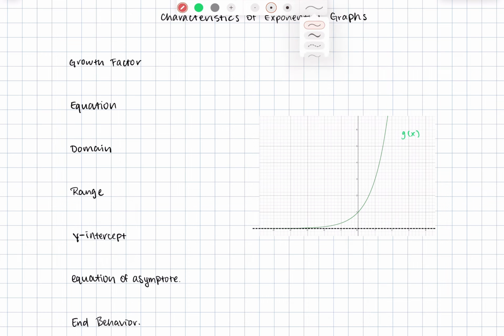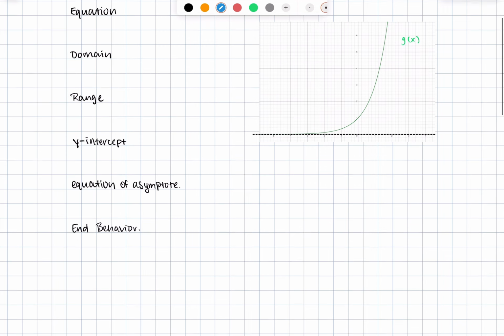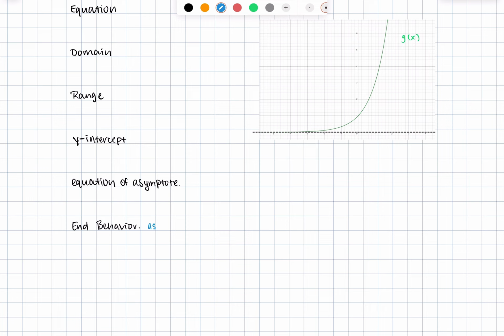So the end behavior, remember, is defining the graph as x approaches negative infinity and positive infinity. What is y doing is our question. So as x approaches, and we're going to use an arrow symbol, let's start with the negative infinity. As x approaches negative infinity, y is, or in this case it would be g of x, since that is our function, g of x is approaching, we could just put an arrow, it's approaching,